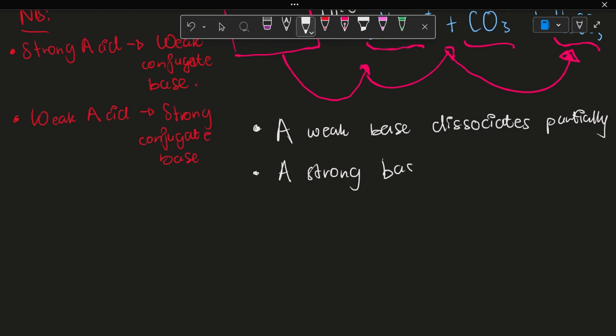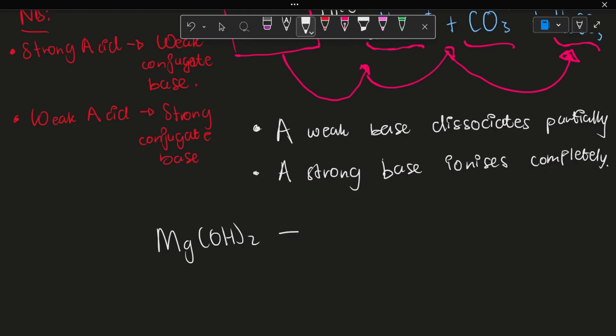Aha, a strong base ionizes completely. Okay, so a typical example of a weak base would be magnesium hydroxide. So if I have magnesium hydroxide, it's a weak base, by the way,